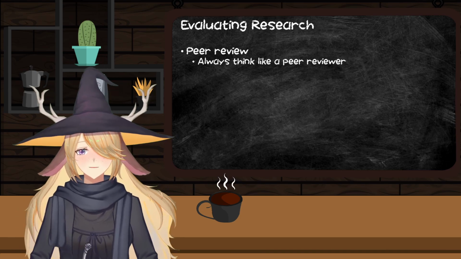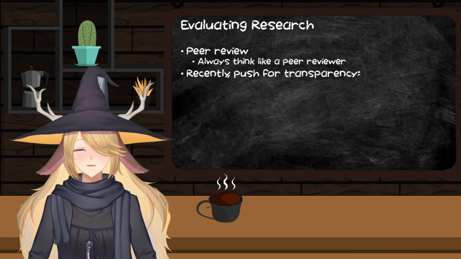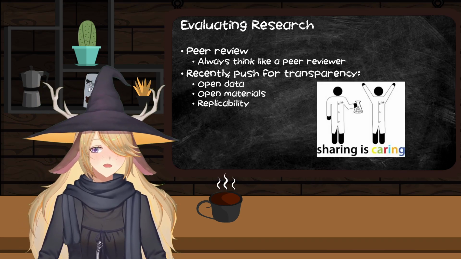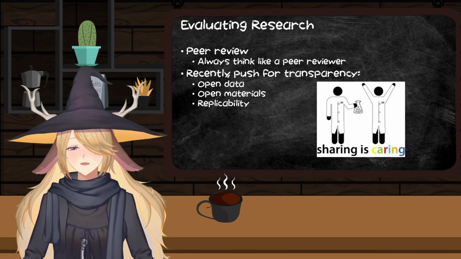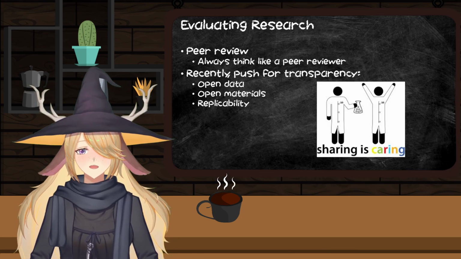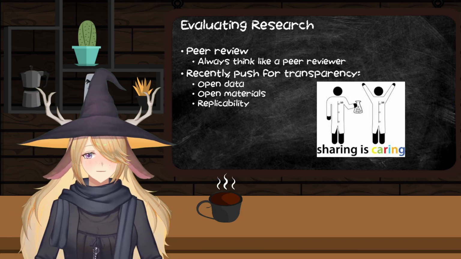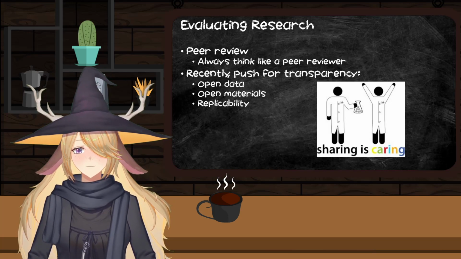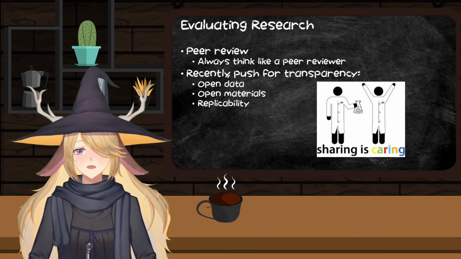It was very, very common for a very long time in psychology. But recently, there's been a push for more transparency, and particularly open data, open materials, and reproducibility. So the good scientist that I am, every paper that I have ever published, the data is available for free on the internet, but I'm not going to tell you my real name to look for them. That's basically it. You disprove my point, but get out of here.